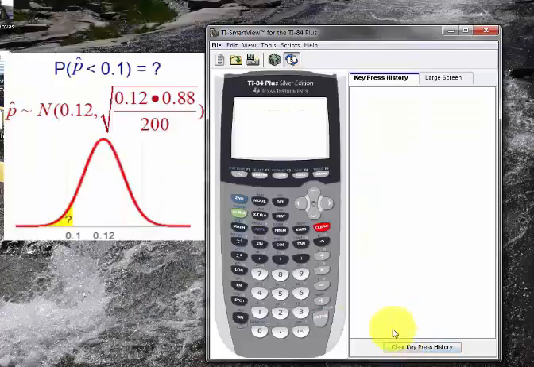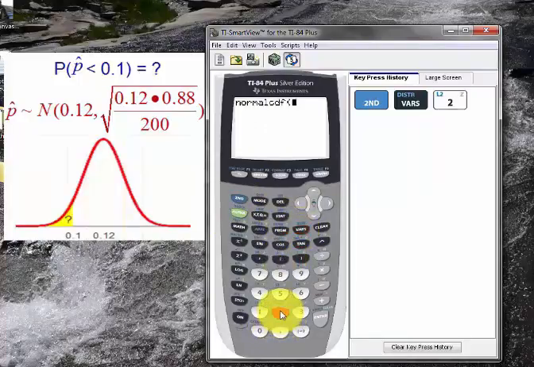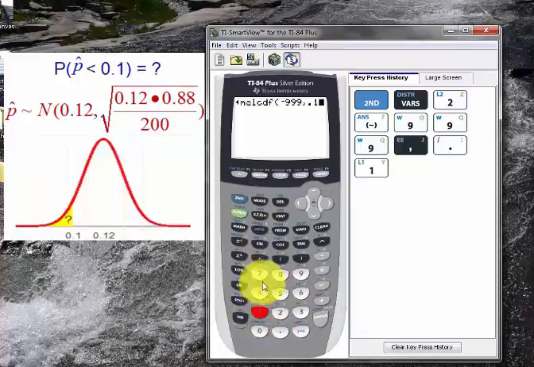Okay, so here's my calculator. I go to second distribution, and then number 2 is normal CDF. Here we wanted to find out the probability that p hat is less than 0.1. So the left is negative infinity, or negative 999 is good enough, comma, 0.1, comma, 12% or 0.12,